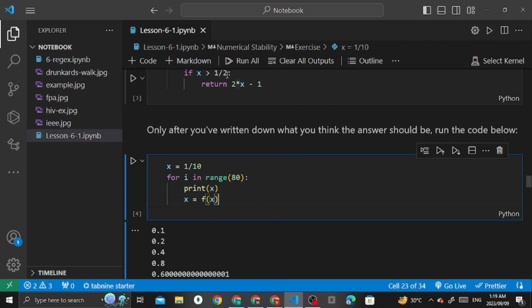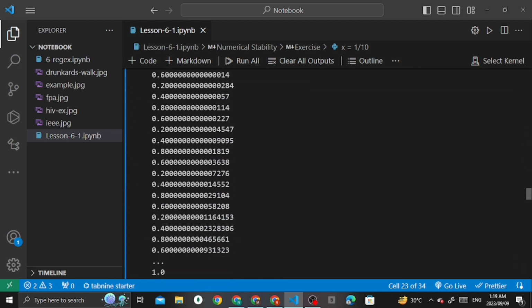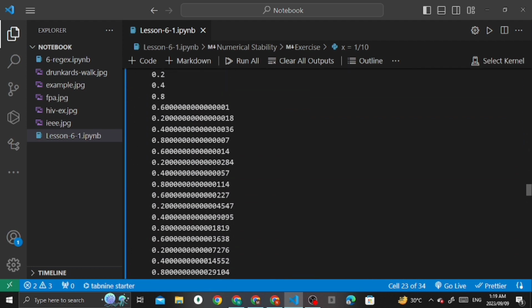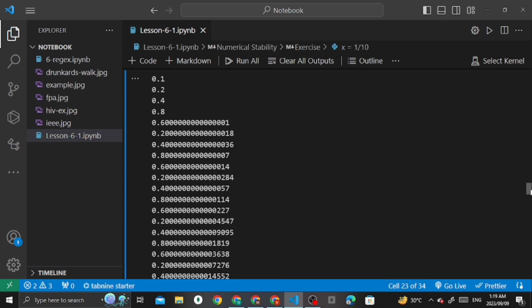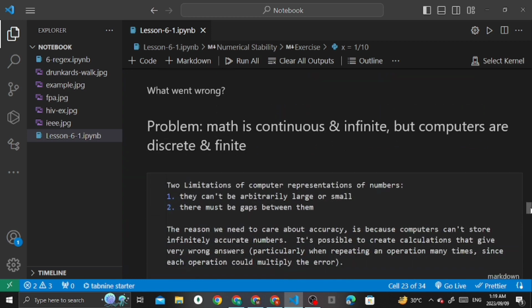At which point it subtracts 1 from the doubled value. The sequence will look like a binary representation of numbers; you can see here the output is some binary numbers. Then this pattern repeats with a cycle of length 5, from 1/10 to 3/5, because once x reaches 3/5, it starts over with 2 times x minus 1, which brings it back to 1/10, and then the cycle continues infinitely. You may know about it.